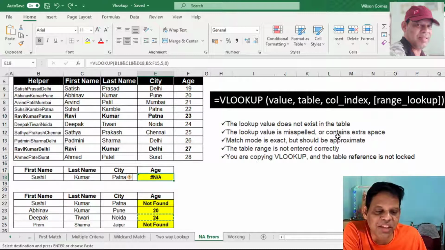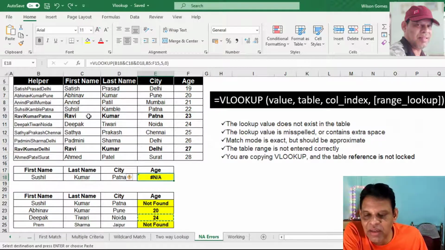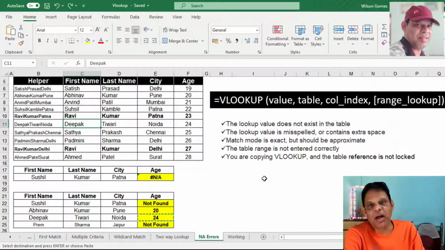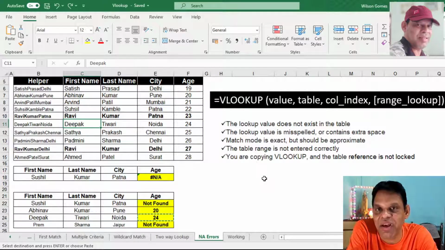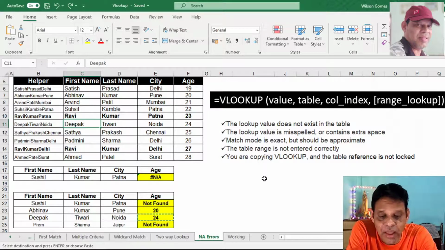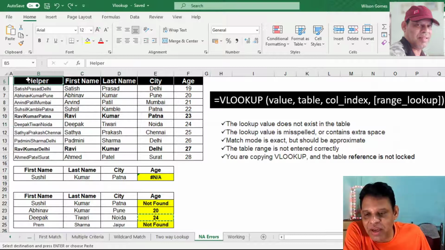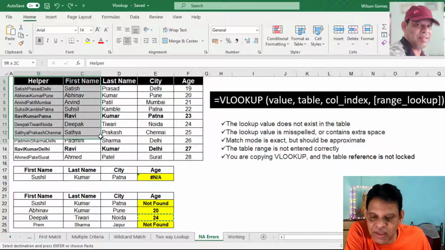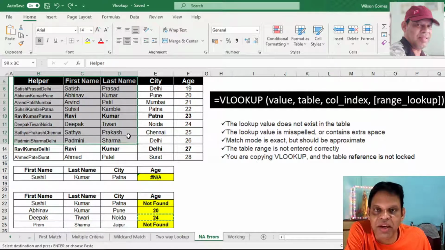The lookup value is misspelled or contains an extra space. Instead of putting Deepak, if I have put an extra S, or I have put an extra space, then also I'll get an error. Again, instead of using exact match, if I have used approximate match, in that case also I'll get an error. Again, if the table range is not entered correctly, I want the complete table to be covered. Otherwise, if I have selected only this much, leaving 2 columns or 2 rows,